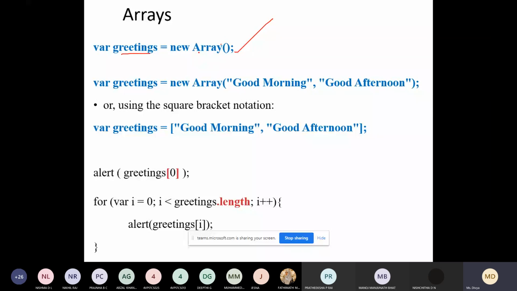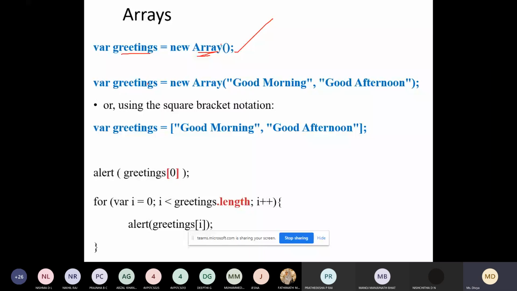So this is an array object. Objects can be created using the new syntax, and we are calling the object constructor. This will create a new array object. It's an empty array, and the name of the array is greetings.